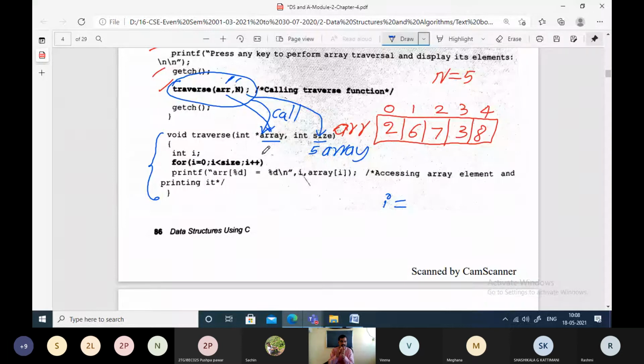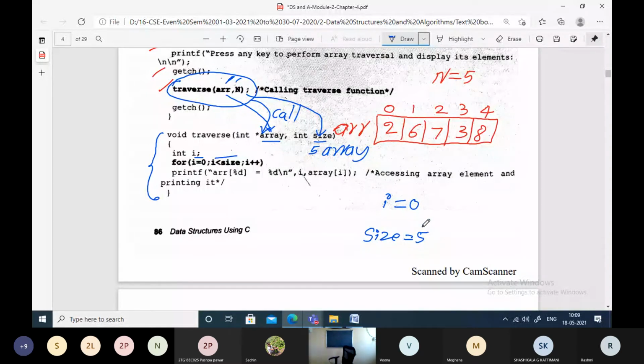In this case, the modifier part is incrementing the value of i. So initialize i to 0, then check the condition whether i is less than 5. Is it true? Because size is 5.